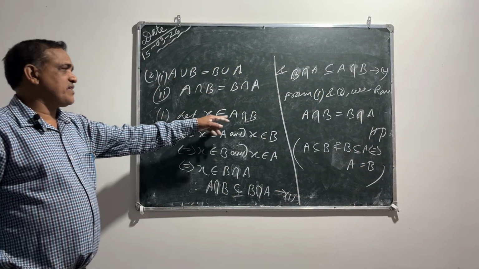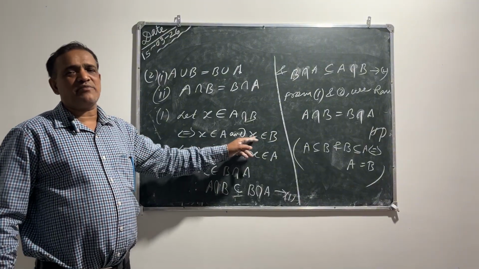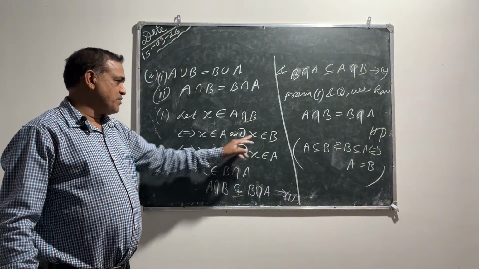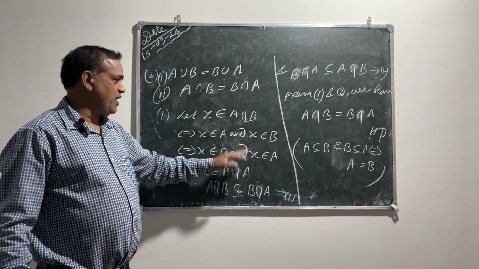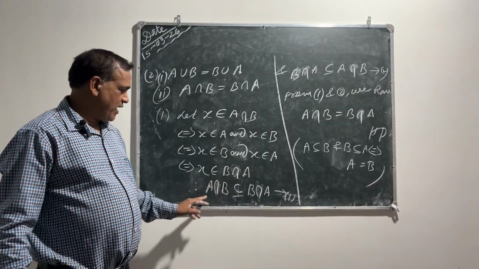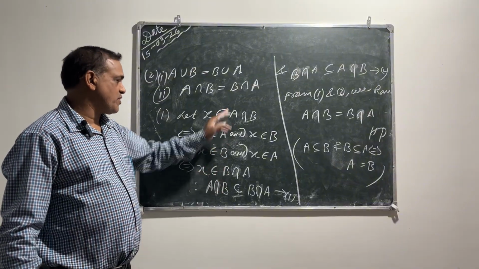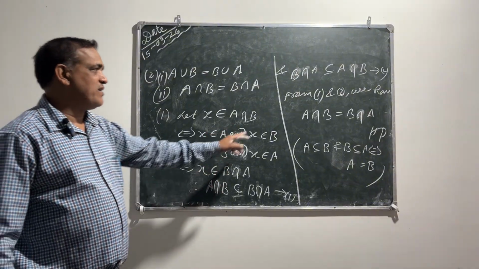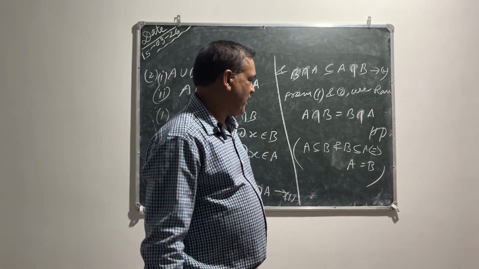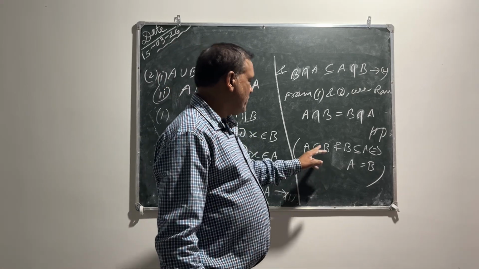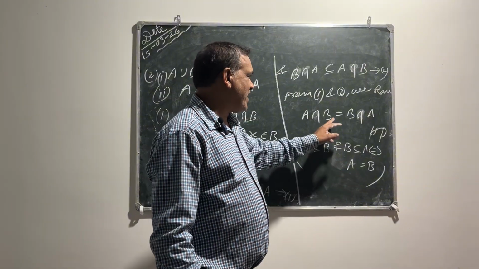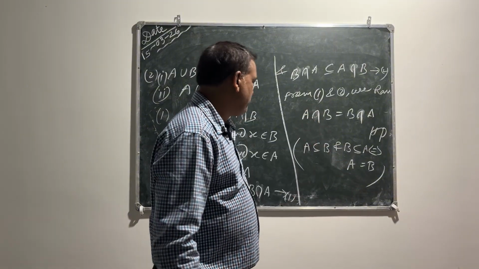X belongs to A intersection B implies X belongs to A and X belongs to B. You can replace this with X belongs to B and X belongs to A. Same thing, that can be combined as X belongs to B intersection A. That is, this is a subset of this and this is a subset of this. So combining 1 and 2, you can write A intersection B equal to B intersection A. Since A subset B and B subset A implies A equal to B, from that relation we can write this. Now,